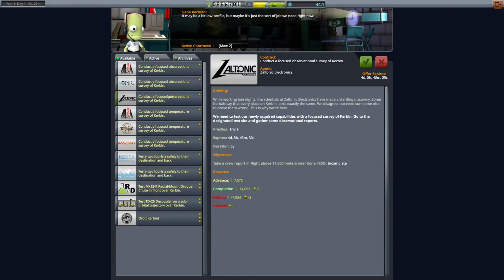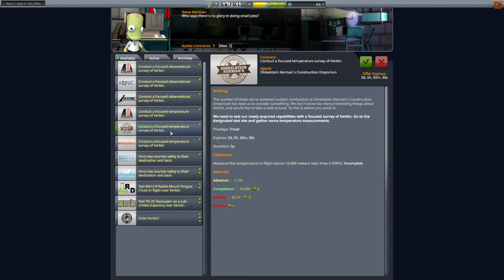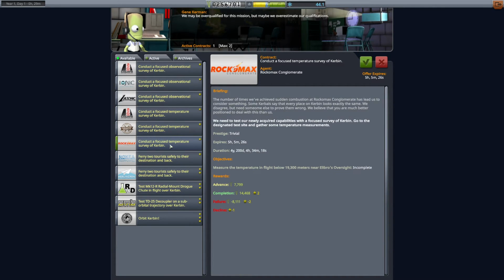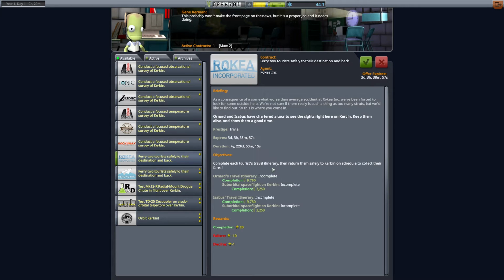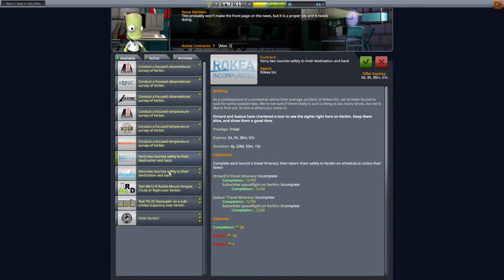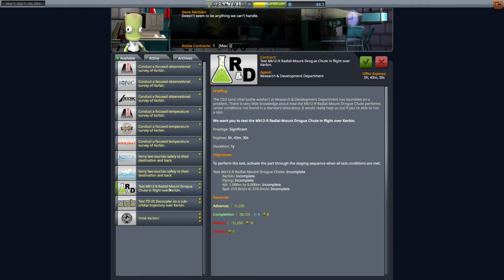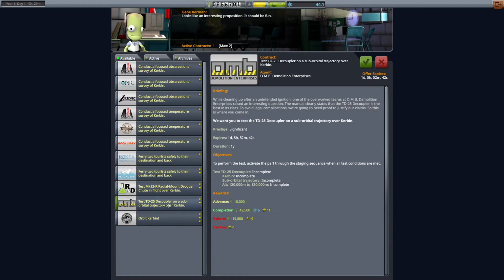No, no, no, no. I'm looking at these. When it says all these different areas, I don't know where all of these are, so I'm not going to bother doing that. Complete each tourist travel itinerary, then return them safely to Kerbin. Are scheduled to collect their furs. Not quite sure what's involved with that. So another ferry one there. They're probably simple, but at this moment in time, I'm not going to do ferrying until I'm a bit more confident with how to actually